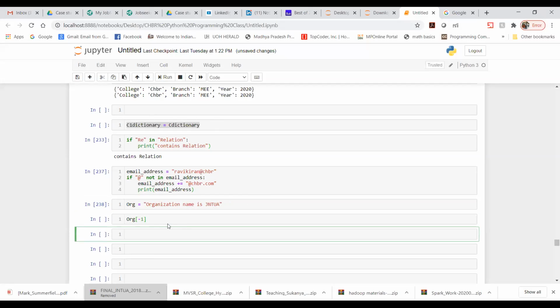Guys, take your time, but I need output. What should be the output of this one? Then another question I am giving you is, what should be the output of this one? And then again, I want the output of this one.